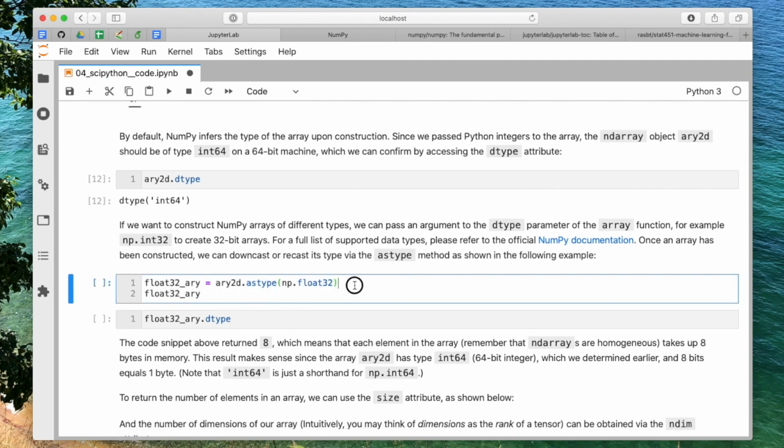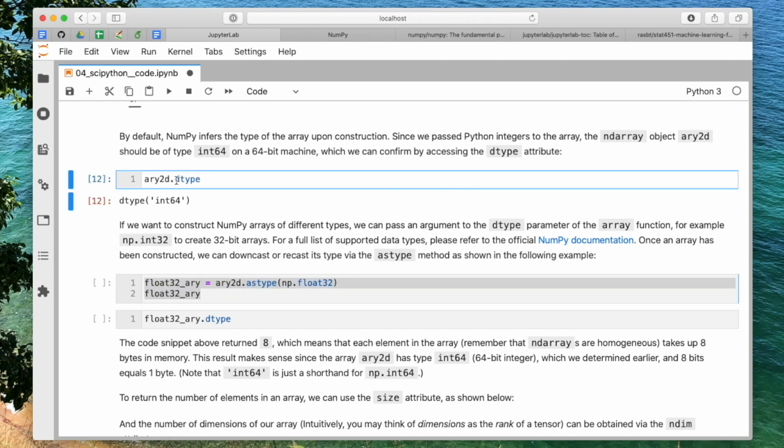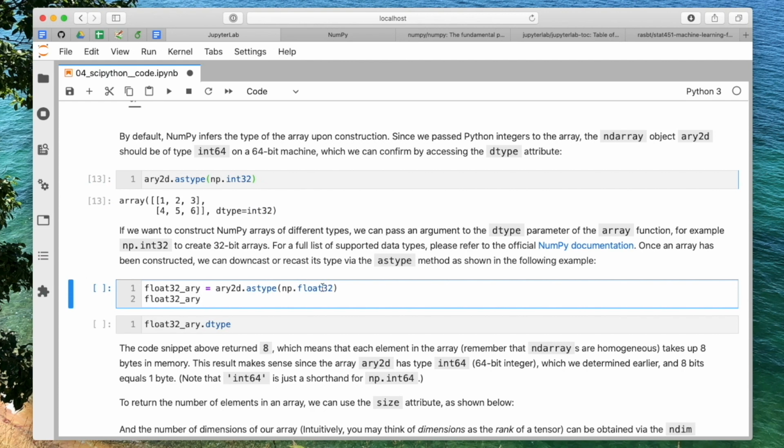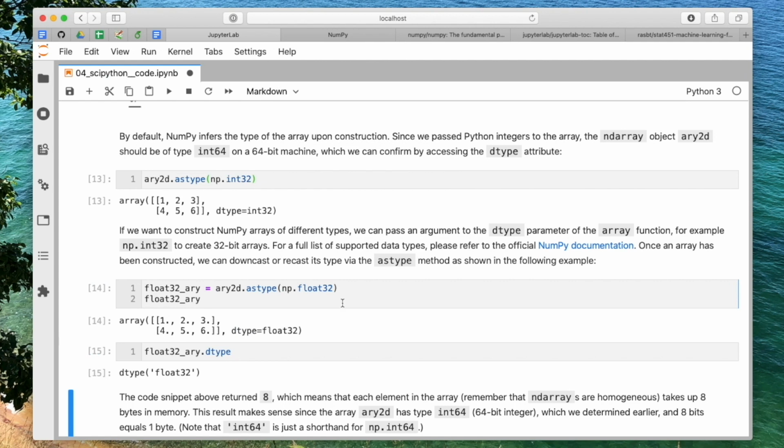For some reason I'm converting it directly to a float here, but you could convert it into an integer 32 array. For example, you can do astype numpy int32, and this should be a 32-bit integer array. And you can also convert to other data types, like from integer to float. So you can use this float data type. You can do a 32, you can also do a 64, and convert into other types. And you can do the conversion by using this astype command here.